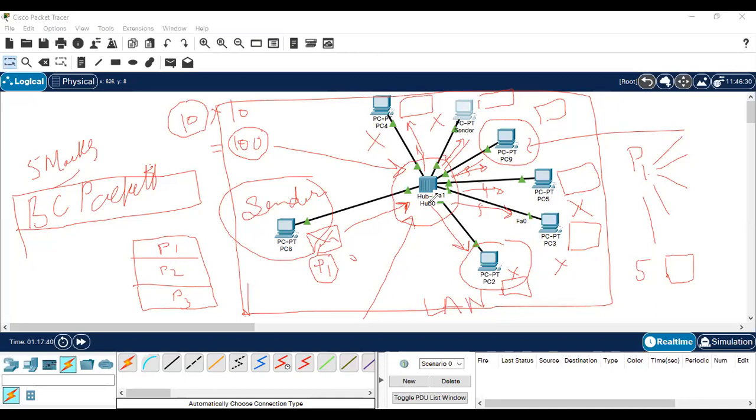But yes, it depends upon the network type, that is, how much we can spend, right? It depends upon that. If it is very critical information, or just general information, internet and all that stuff, then we can simply go for a hub.